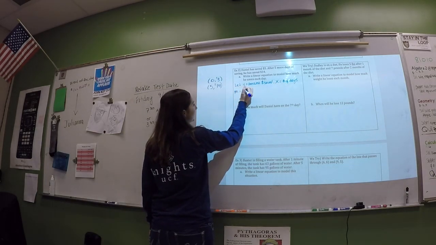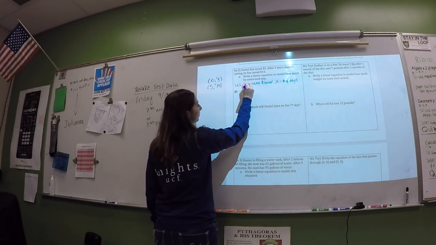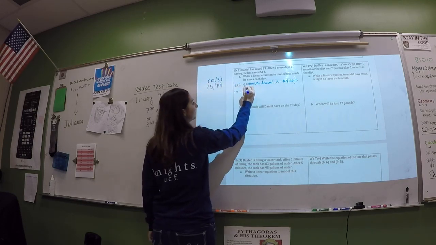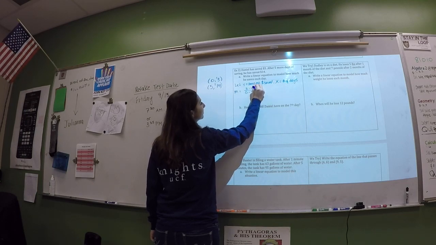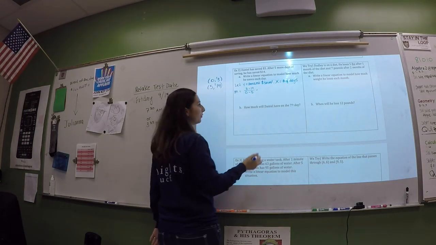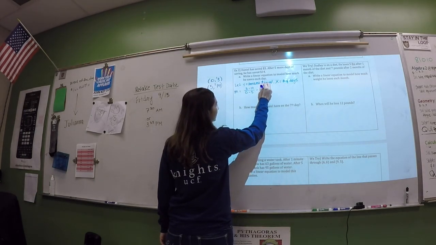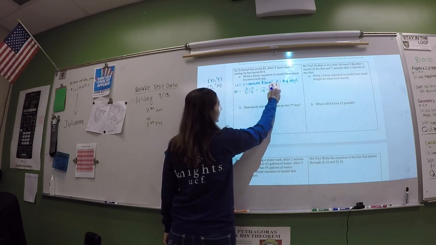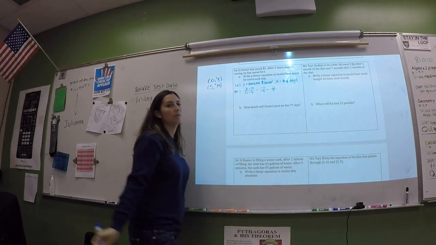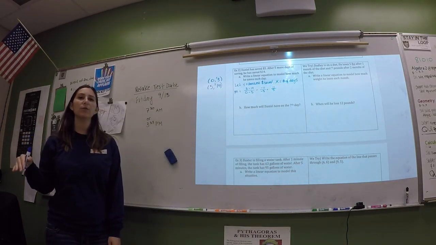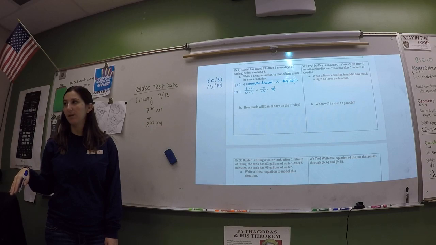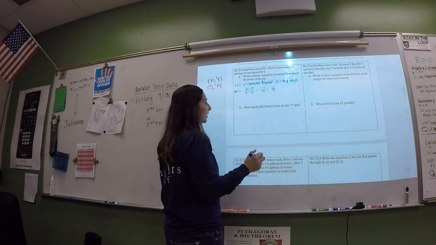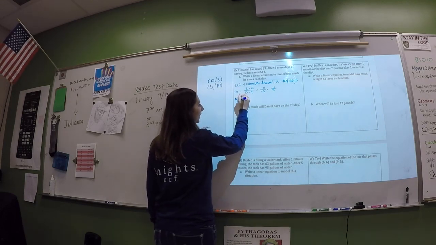We take the y's and we subtract them. We take the x's and we subtract them. And we simplify. So 3 minus 14 is negative 11, over 0 minus 5, which is negative 5. That simplifies to positive 11 over 5. Don't forget, if there are 2 negatives, that simplifies to a positive. 1 negative, that'll be negative. That's my slope. Now the equation is y equals